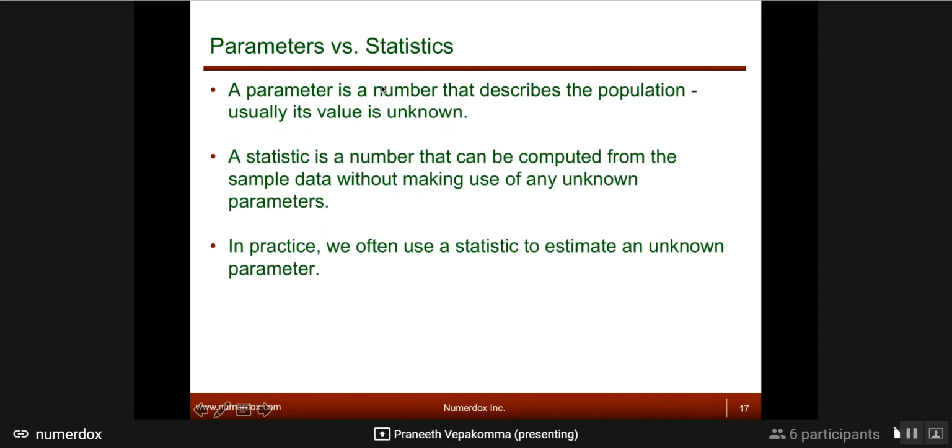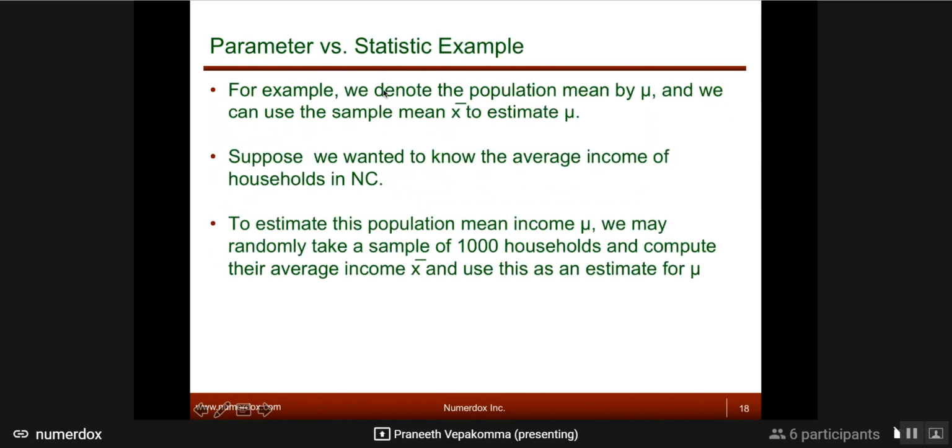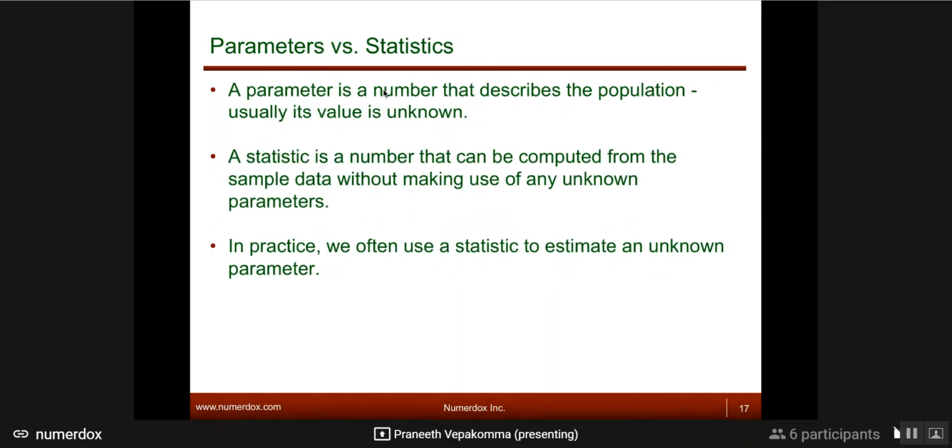So we need to go towards statistics from probability very quickly. So statistics is basically, there is some phenomenon that you're measuring, and there are some unknown parameters in that phenomenon. If you want to estimate that parameter by looking at the data set, so you look at your sample data and you want to estimate the parameter. That's when you use statistics. So that's what I wrote here, right? A parameter is a number that describes the population. Usually its value is unknown. So it describes the phenomenon of the population.